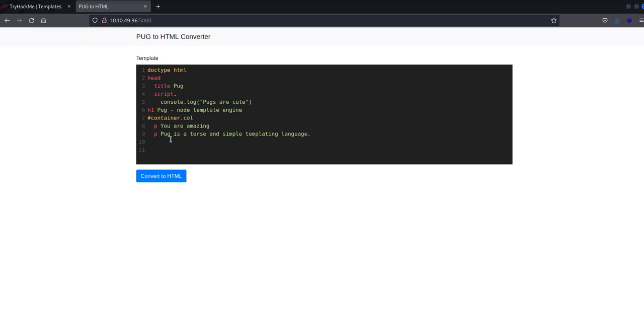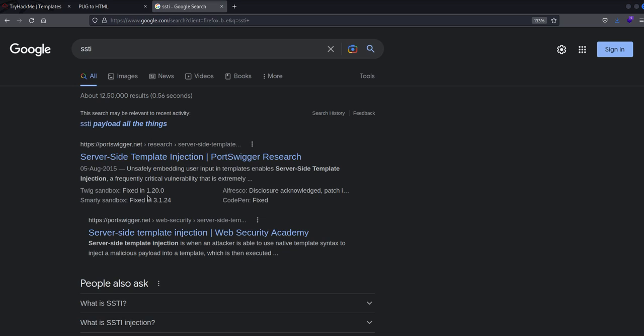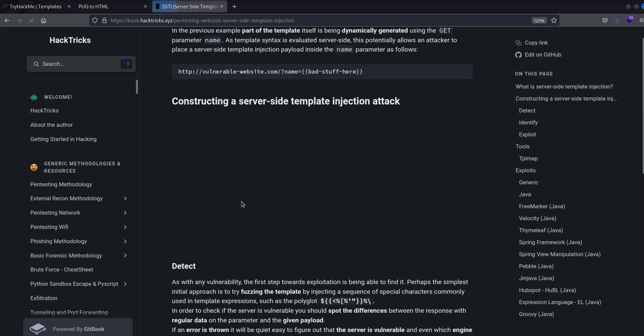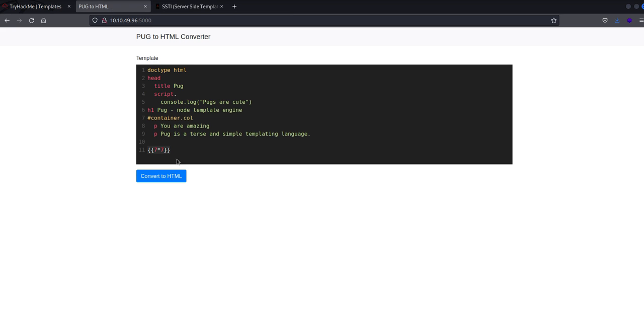Now let's say we do not know what templating engine it is. We know it's Pug because of the title and the description, but let's try to throw in an error. One of the ways is to type in something that provides an error. There are a bunch of payloads you can try, so let's type in SSTI. You'll be given a book.hacktricks link. If you search it on Google, you'll find a bunch of payloads that you can try, and hopefully you'll get an error when trying these. This is how you'll come to know what